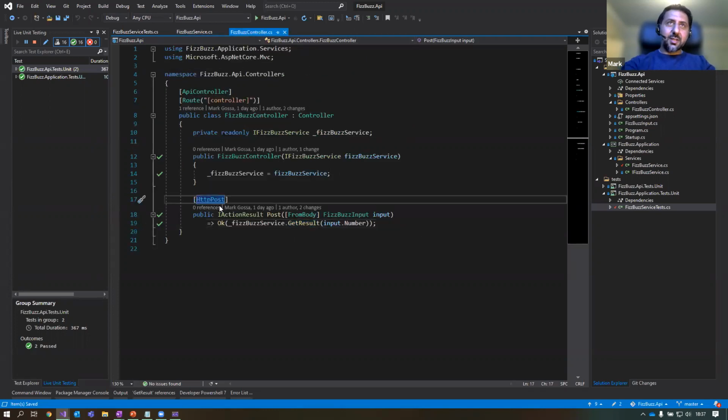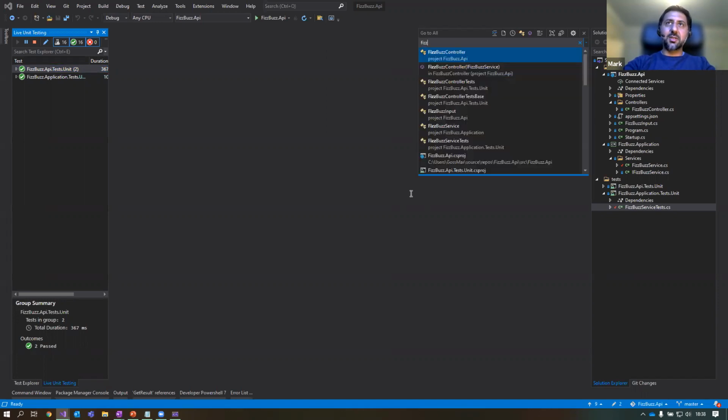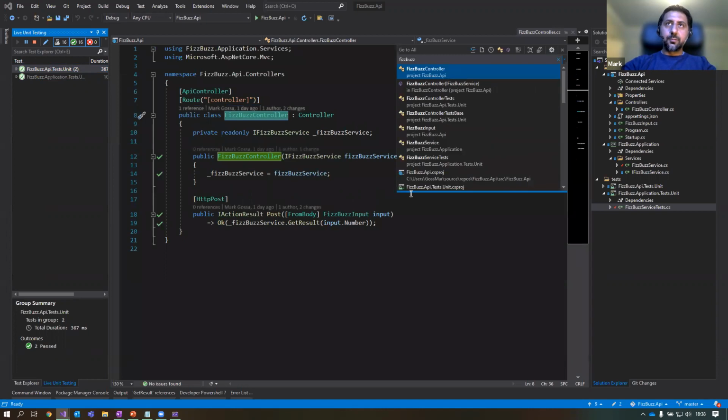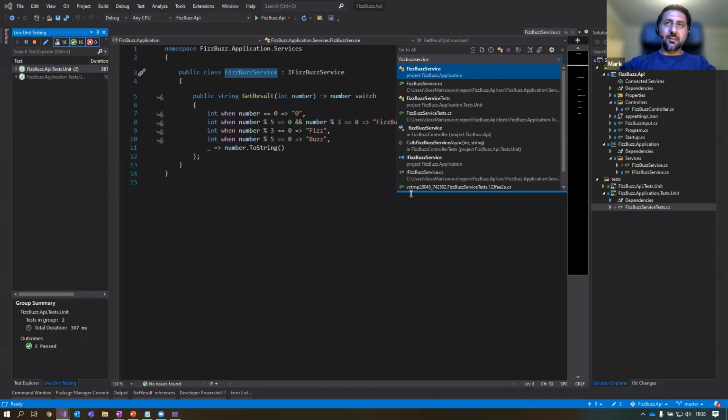So let's say we've just opened up this project again, so just close all those tabs. And I know I need to make a change to the Fizzbuzz service. Here I can use my mouse and try to find it, but if you press Control comma, you get this go-to window. In this window, you can just type in the service or the class that you want to find. So if you type in Fizzbuzz service, you'll eventually find the class.